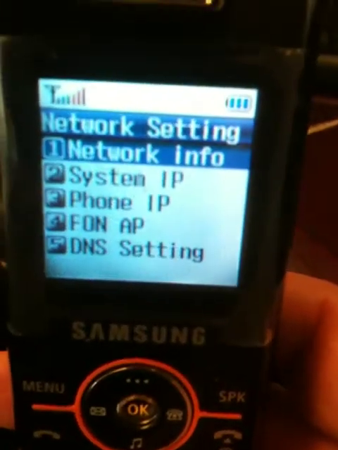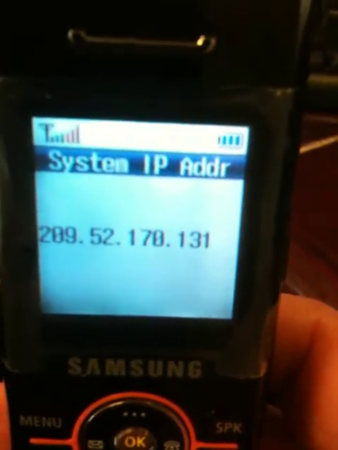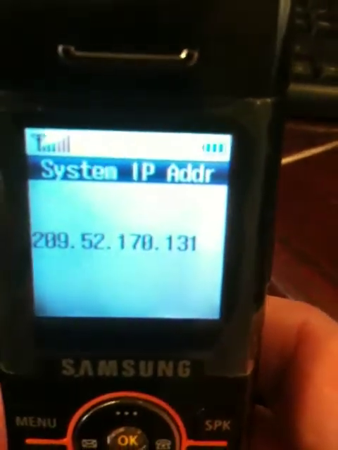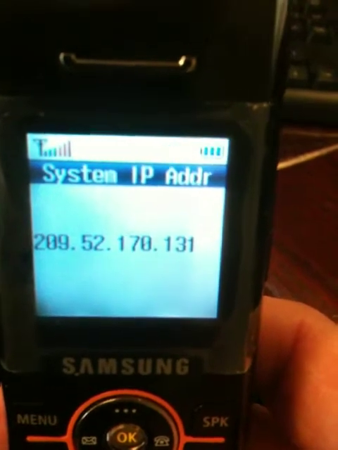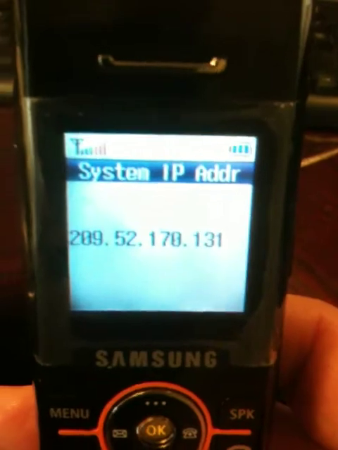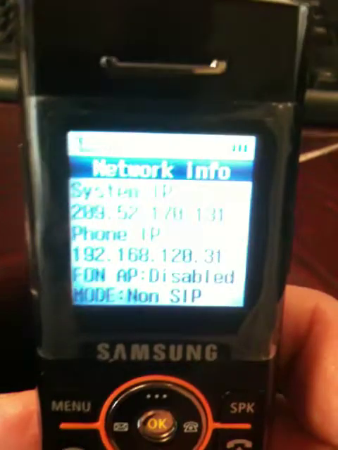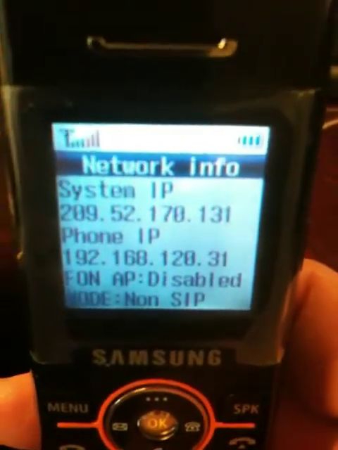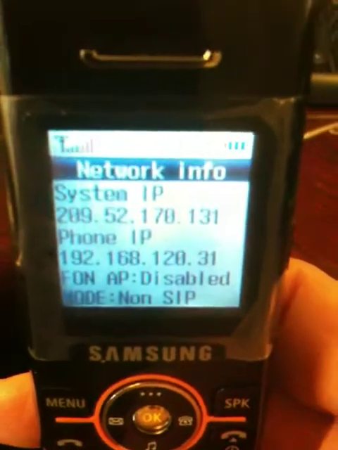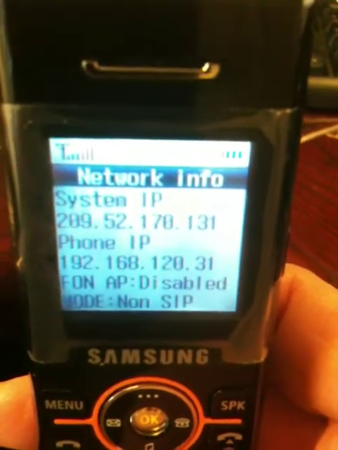Let's go back and look at the system IP information. That is the system server address, 209.52.170.131, and that is the phone system static IP address. In this case, this happens to be the public IP address there, and also in network info where it shows it here. That's the public IP address of our server, and then we have a router that forwards some ports for this whip phone into the internal address of our phone system, which happens to be